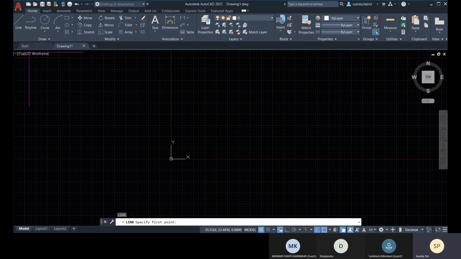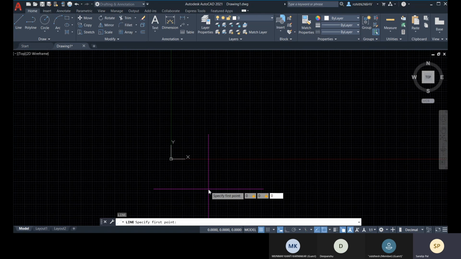I have taken the line command and I will specify 0, comma 0. So the first point is 0, comma 0. Why 0, comma 0? Because the value for x and y is 0 right now. I can also specify the z value, which will be 0 also.